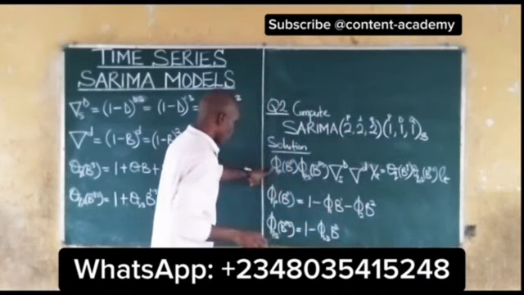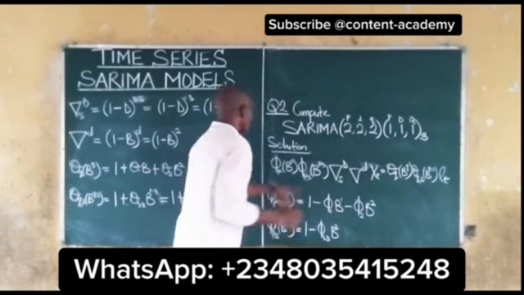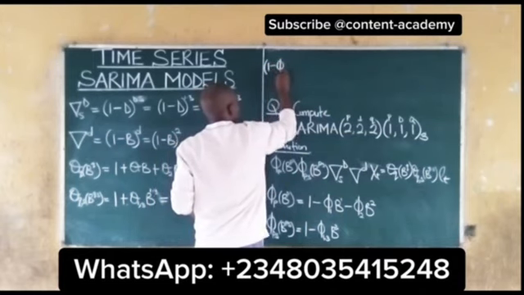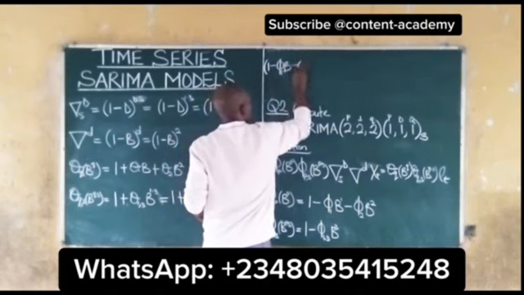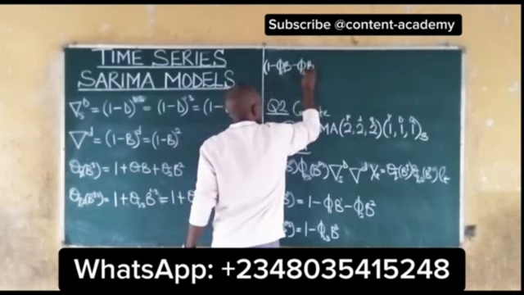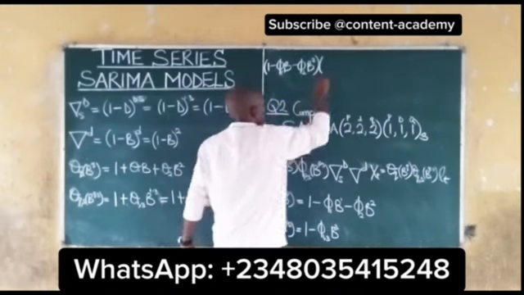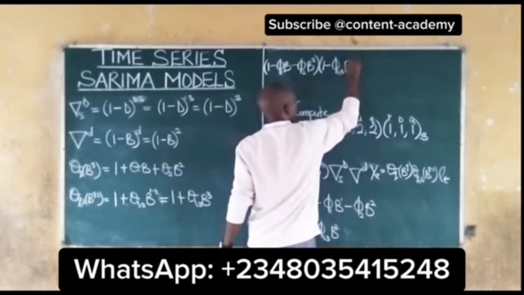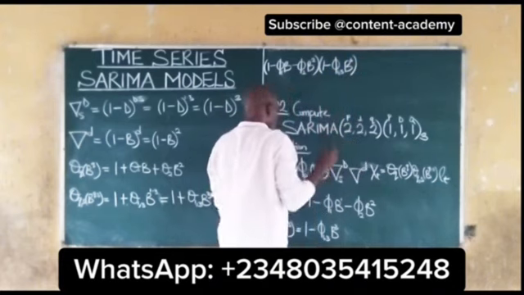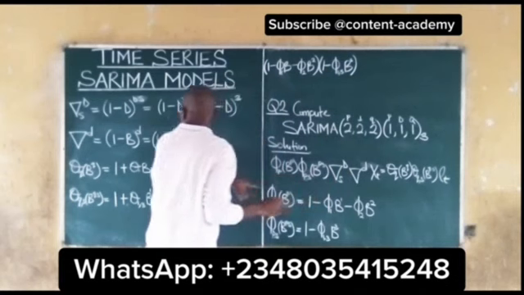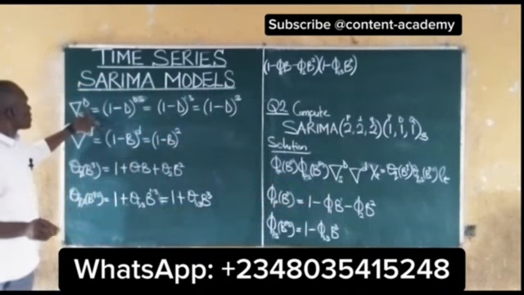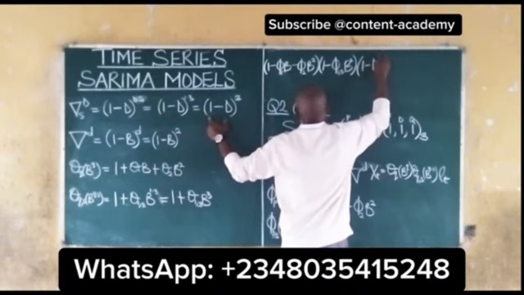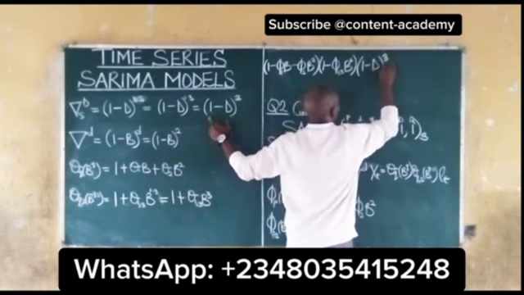Now, we have this part. So we write 1 minus phi 1 B minus phi 2 B squared, 1 minus phi 1 comma 3 B raised to the power 3. We have our differencing part, the seasonal part, to be 1 minus B raised to the power of 3 to be equal to,